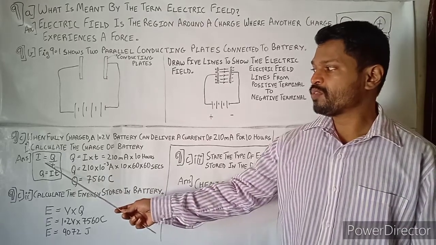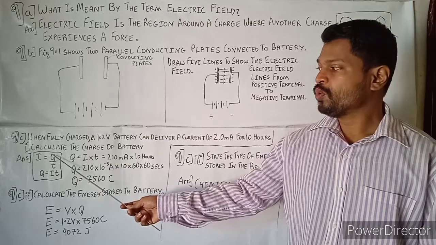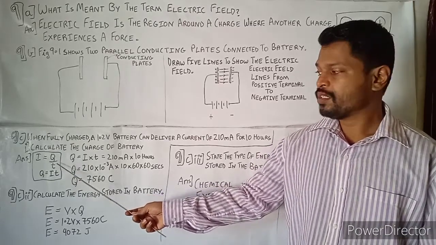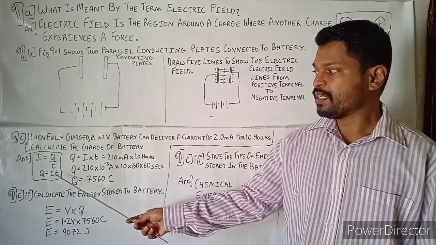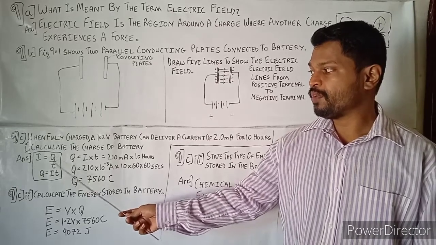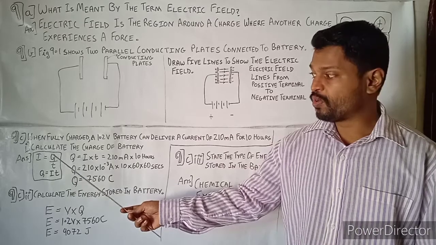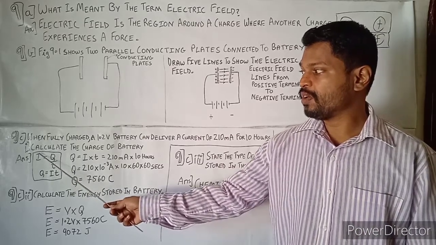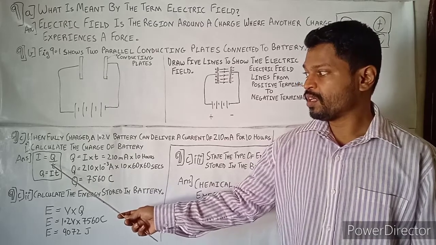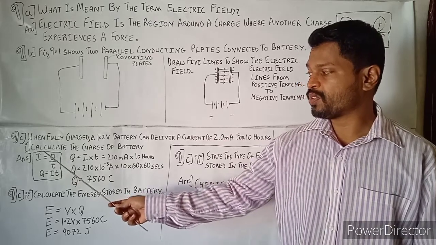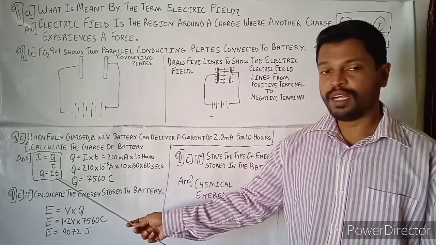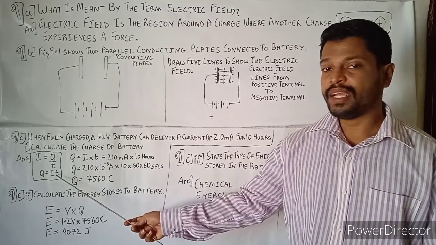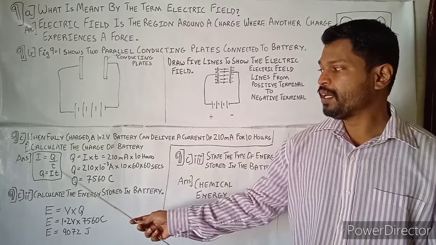So we will be using this formula, I is equal to Q by T, where I is the current, Q is the charge, divided by time. Since we have to find out Q, I is given, T is given. So this T is divided over here. If it is taken to the opposite side of the equal to sign, it will get multiplied. So Q is equal to I multiplied by T.